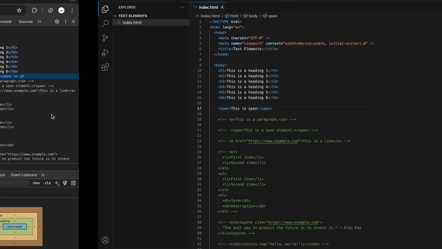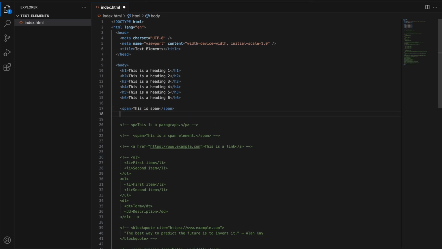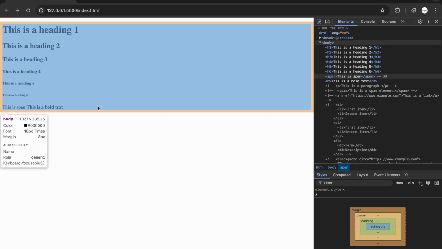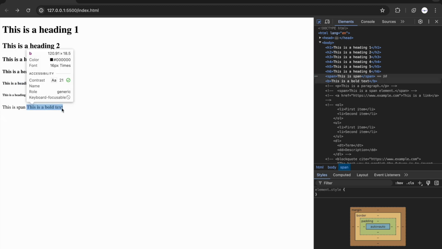And another thing is, if I add another inline element here, for example, let's add b tag. This is a bold text. So B is used for bold text. Here, as we can see, it doesn't start from another line, and it starts from next to the previous item. And here we can see the width of the item ends here again, and it doesn't take the whole width